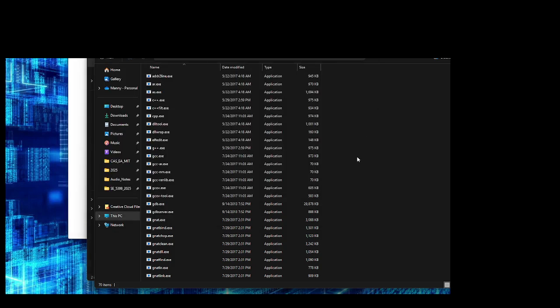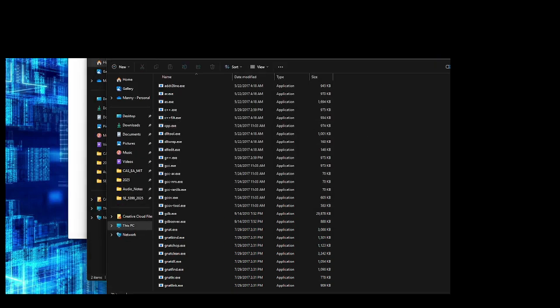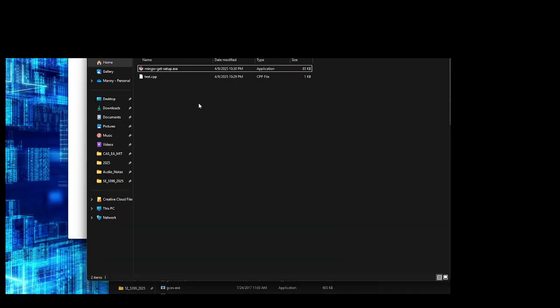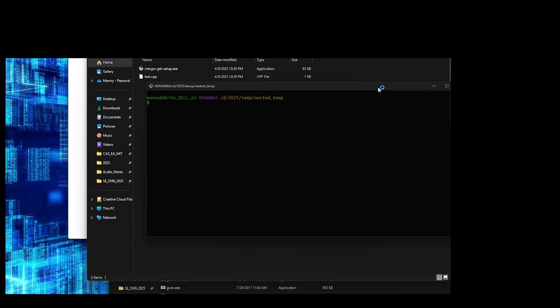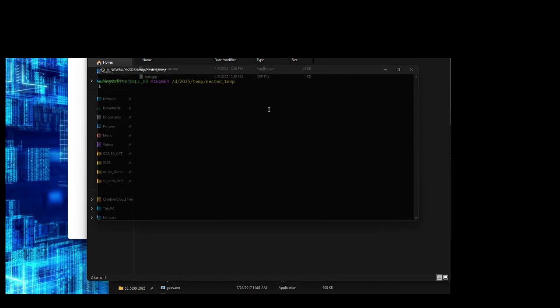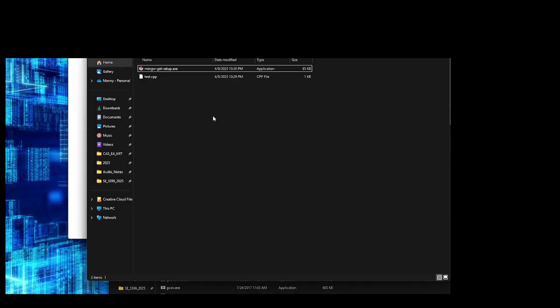Even if we open a fresh window, we type the g++, it still won't be able to see it. But if we add the directory to the path,